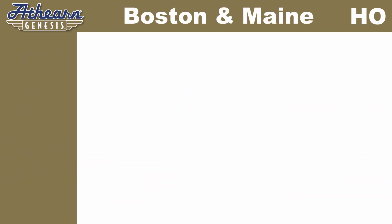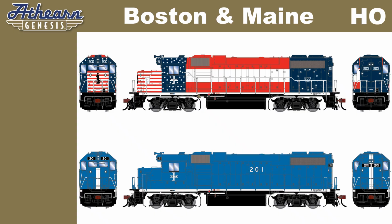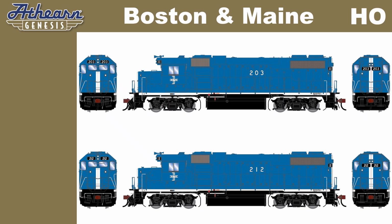Four 1970s era Boston and Maine units, including Bicentennial Unit number 200 and as delivered units 201, as well as 203 and 212. Boston and Maine 201 through 212 were delivered in the winter of 1973. Unit number 212 was renumbered 200 and was repainted in an attractive red, white, and blue scheme in which to